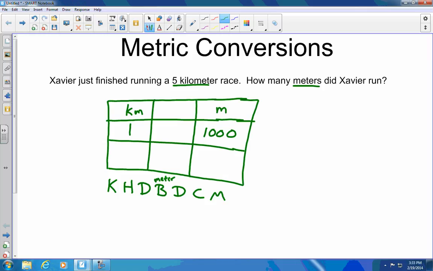All right, so I'm starting in kilometers and I'm moving to meters. So I would have to multiply times 1,000. Well, up here it says 5 kilometers, so I'm doing 5 times 1,000, which is actually very, very easy. You can probably do that in your head. It's 5,000. Now, it's not always going to be this easy, so let me show you an alternate way that you can do this. So we're starting in kilometers, so that's right here on my measurement chart, and I'm moving to meters, which is my base unit. So what I'm doing is